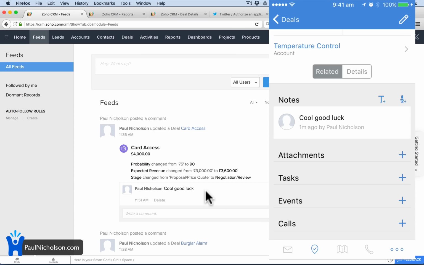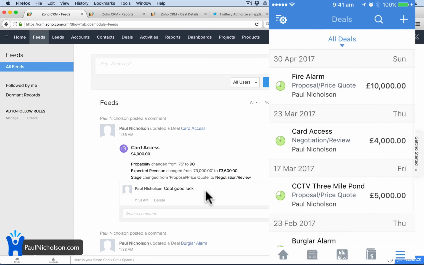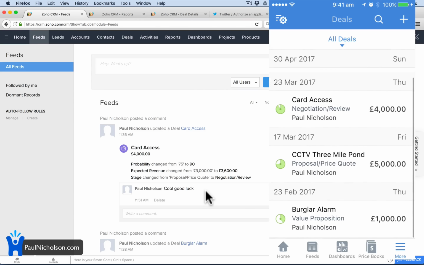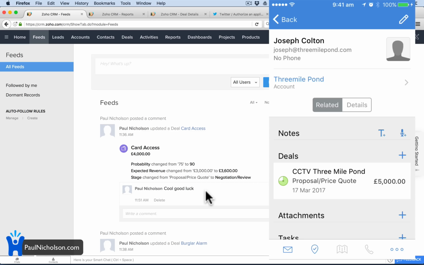Alright, so now you can see where it says add task. I don't know why I didn't do it on the computer. I must be missing it. But then you'd add a task on your phone for that deal. But obviously, what was the first one we did? 3 Mile Pond, right? 3 Mile Pond's ready for a quote. Let me go to General Joseph Colton, and